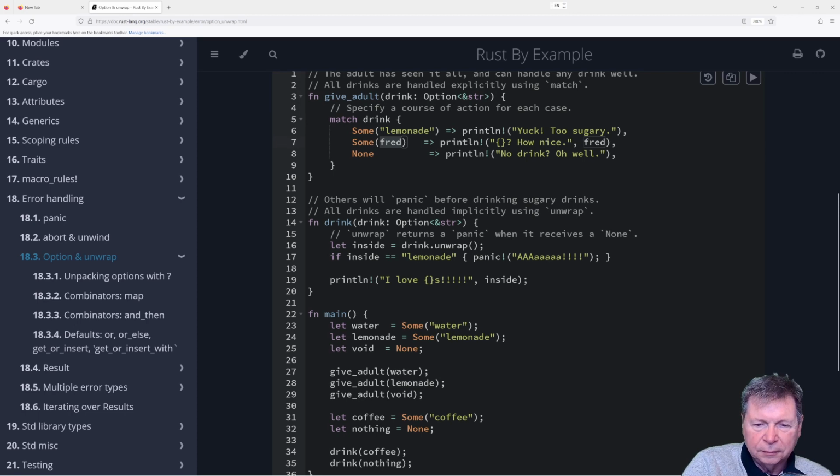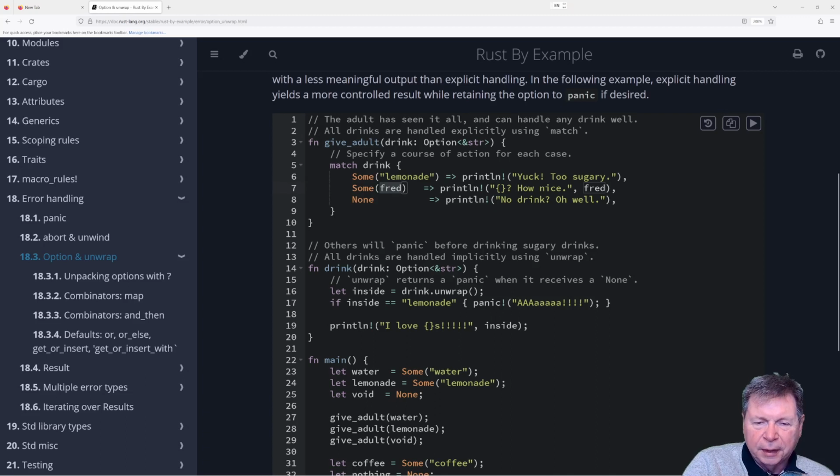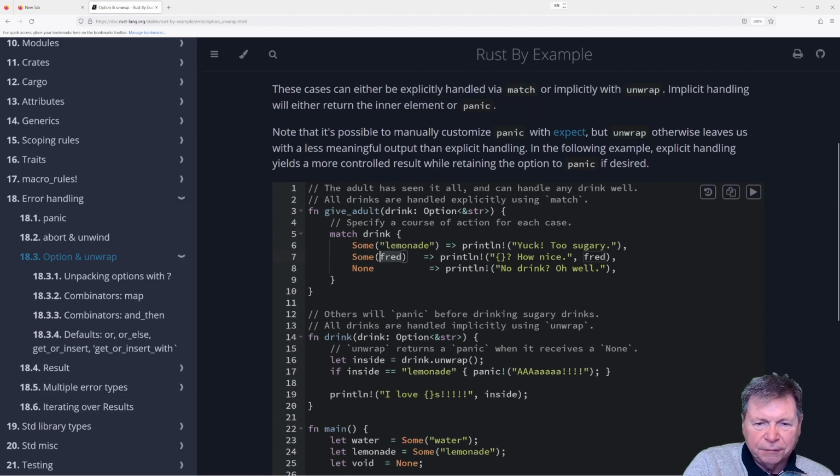Okay. All right. Sure. So the error, I guess what they were trying to show us was the difference between the matching and the implicit unwrapping. Yeah, I don't know.